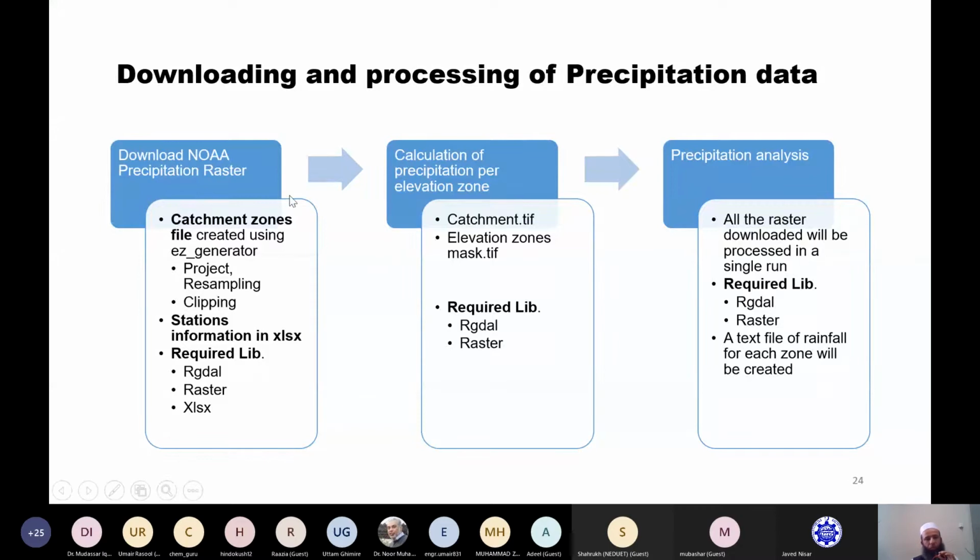And then once the data is downloaded, you have to calculate the precipitation for each elevation zone. To calculate the precipitation for each elevation zone, you need a catchment file, elevation zone files, and the following libraries. And similarly, when the precipitation is calculated in this second step, the precipitation analysis is made